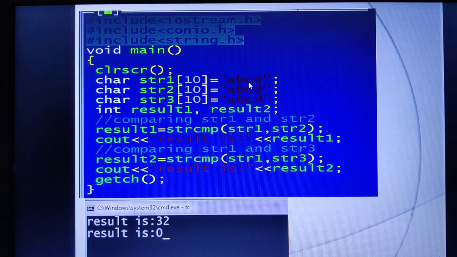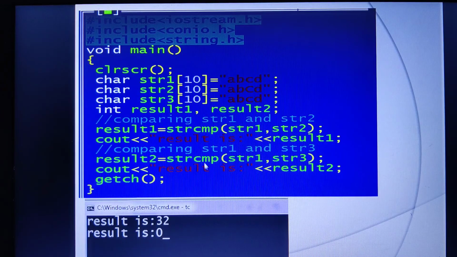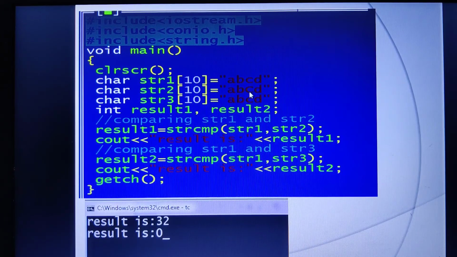But coming to here, what is the ASCII value of this small c? The ASCII value of small c is 99, whereas the ASCII value of capital C is 67. So therefore this one is higher, no? It does 99 minus 67.